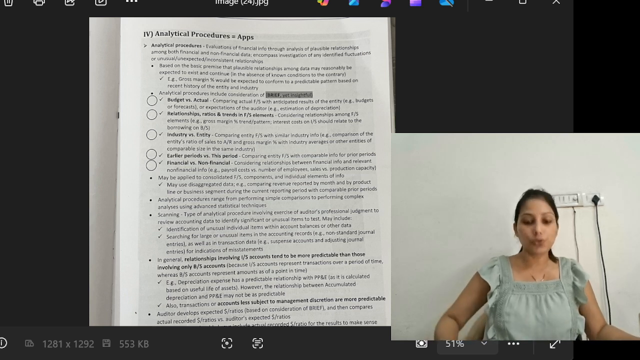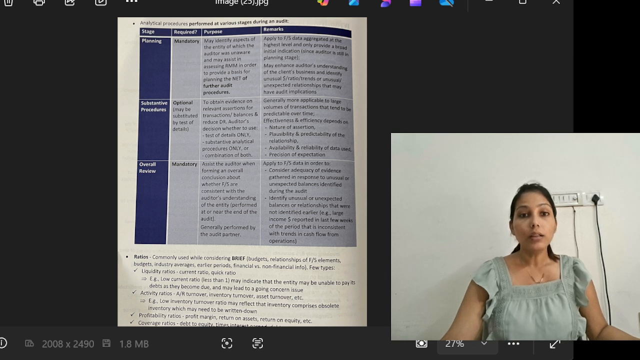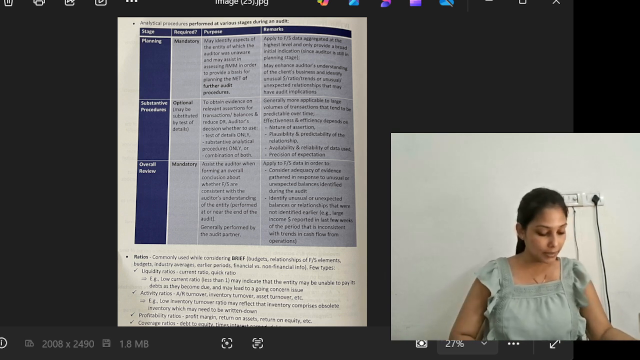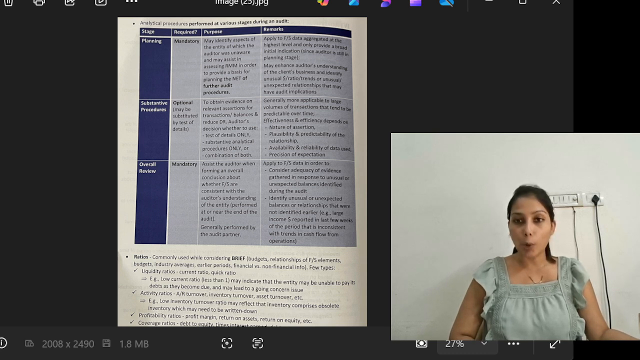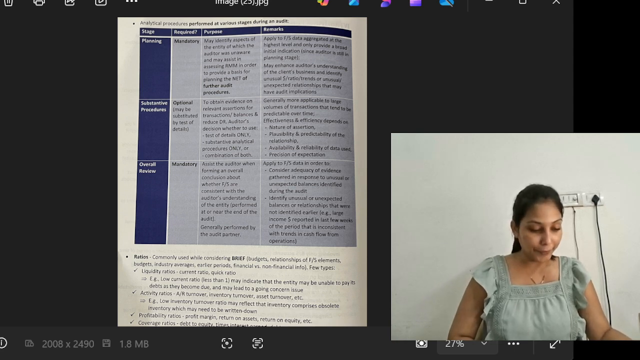Now we will talk about something else. Firstly we will discuss the comparison, then we will come to the ratios. At the planning stage, analytical procedure is mandatory, and at the completion stage analytical procedure is mandatory, but at the substantive procedures stage it is optional. At the planning stage, the purpose is to identify aspects of the entity which the auditor is unaware of and